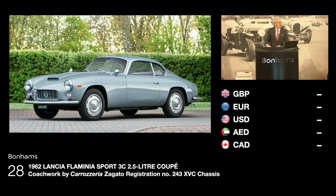And on to lot number 28, ladies and gentlemen, the Lancia Flaminia Sport. Offered for you here, absolutely beautiful Zagato-bodied double bubble. It's got the double bubble roof, ladies and gentlemen, in a stunning colour combination, restored by, quite frankly, one of the best in the business, Thornley Kelham, close to where I live at home. Completed 2019, bills on file,